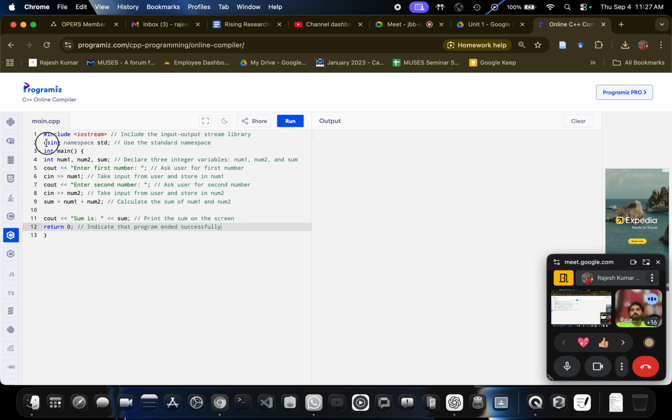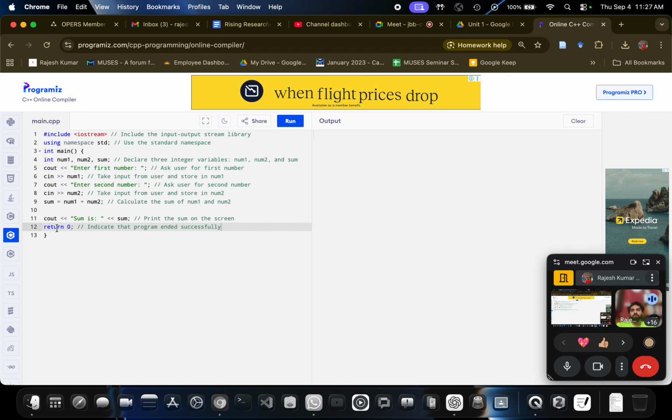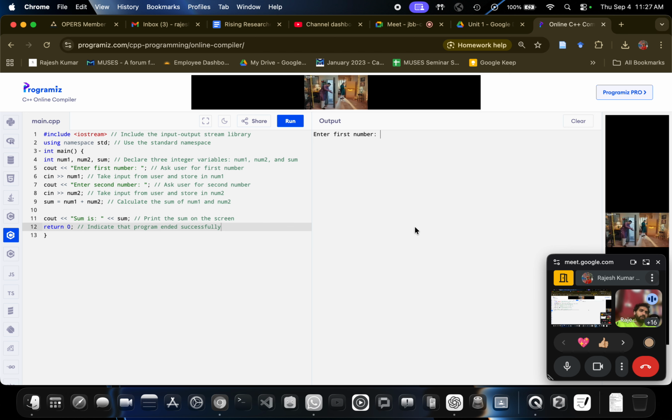We are not talking about C++ here, so I will not go into more detail. I will just press the run button, which executes the code online on some computer somewhere. I put the first number 4 and the second number 5, and it gives me 9. Okay, code execution successful.